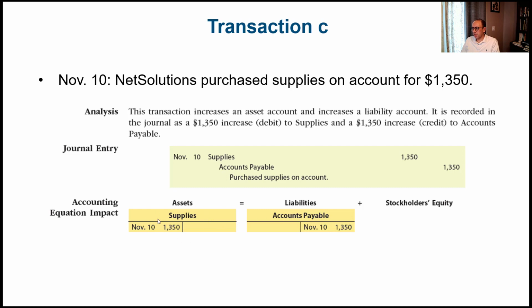The supplies is an asset. It's going up because we acquired new supplies. So it's going to be debited for $13.50. For liabilities, we have accounts payable. It's also increasing, and remember, liabilities, they like to increase on the credit side, so we're crediting $13.50 here. So debit supplies, credit accounts payable for $13.50, both sides, and then we have this brief note, purchase supplies on